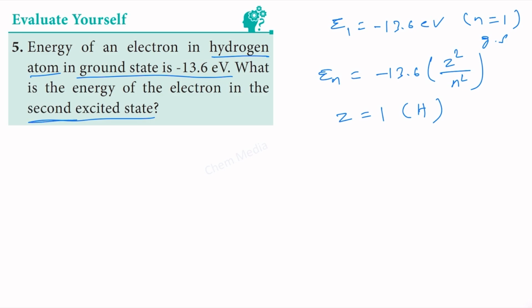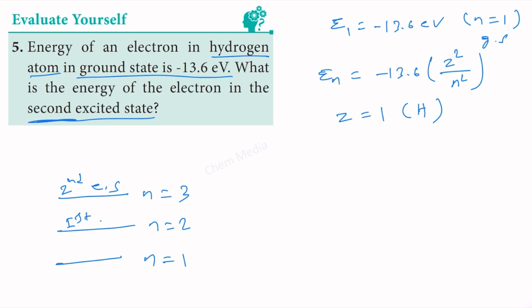Here they are asking the second excited state. This means ground state, first excited state, second excited state, which means n value is equal to 3, not 2. Just because it is mentioned as second excited state, it doesn't mean that the n value is 2, it is 3. This is the second excited state. This is the first excited state. This is the ground state. Therefore,